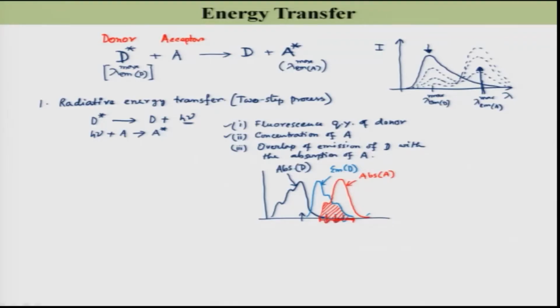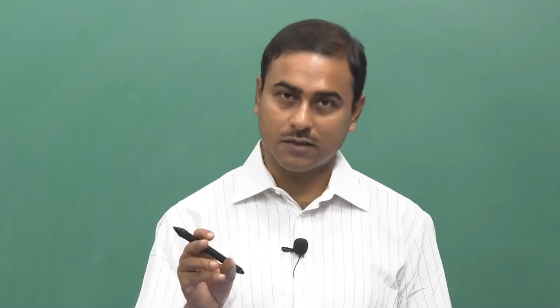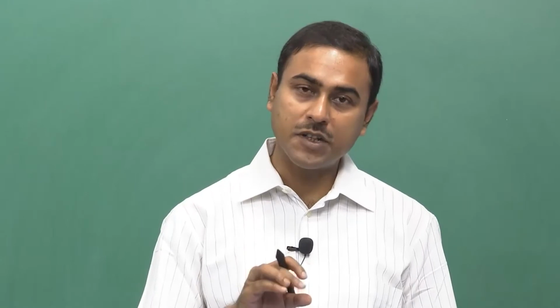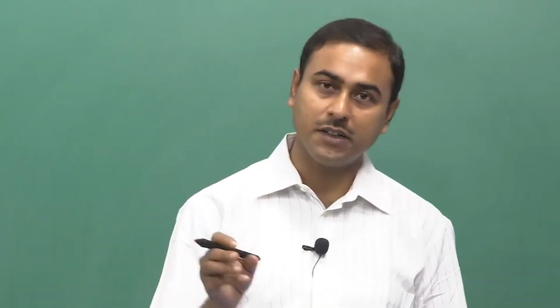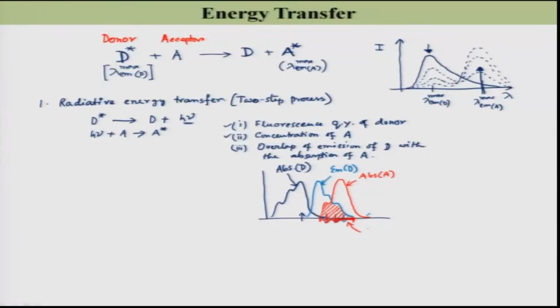So, what you can tell is that if this common area is large, then the emitted photon has a good probability of absorption by this acceptor A. If this shaded region is small, then the probability that the emitted photon will be absorbed by this acceptor will be less, and this shaded region is known as the spectral overlap integral and denoted as J